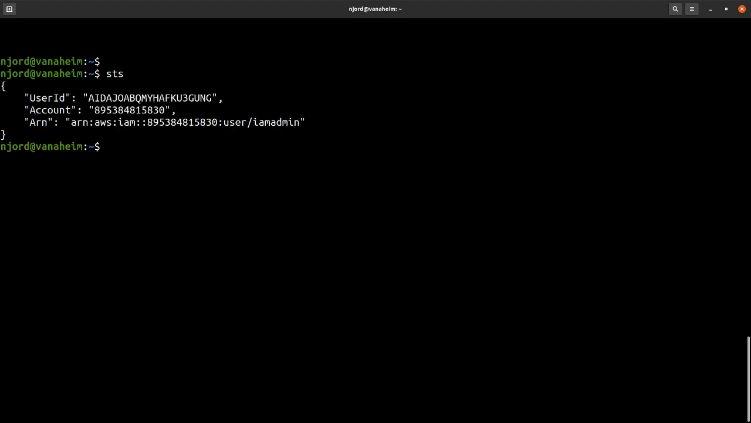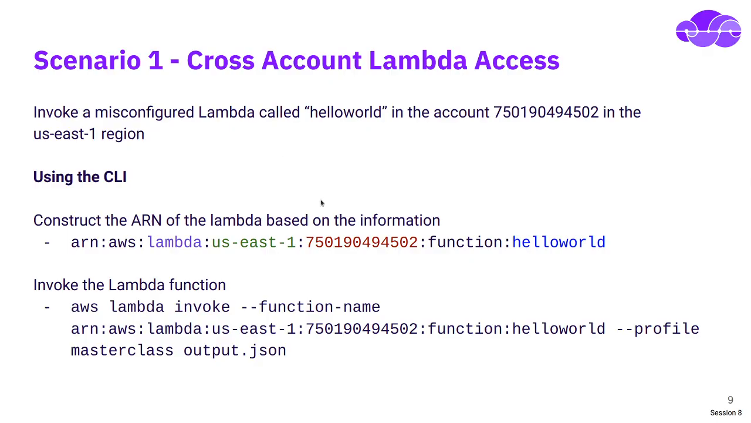I run STS to show you that I am not in the same account as the lambda. This is an account that I use. It's 89538, and this lambda is in 75019, right? So if I go back to my